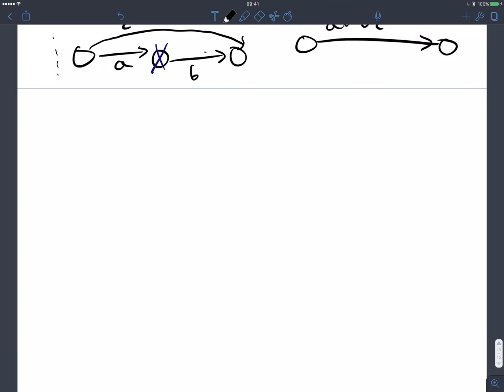And you could say that this is order E because the size of V is always at most